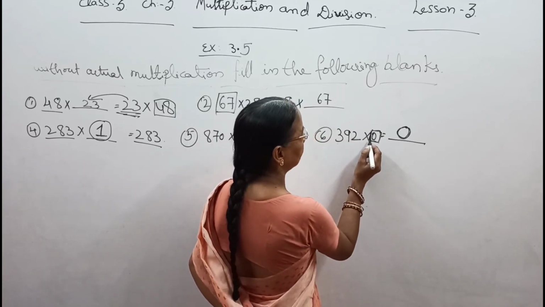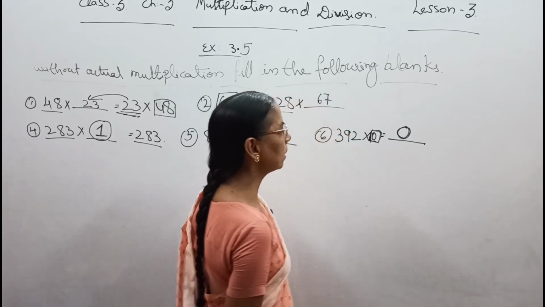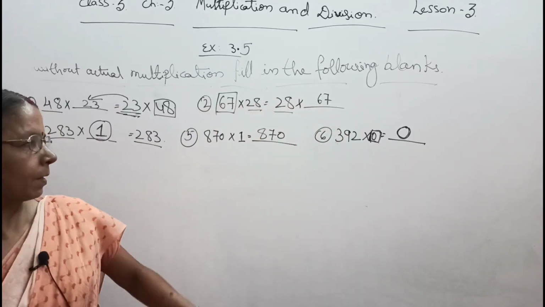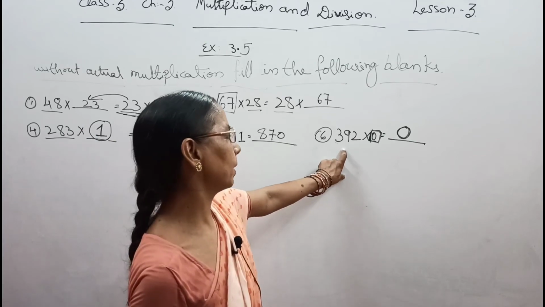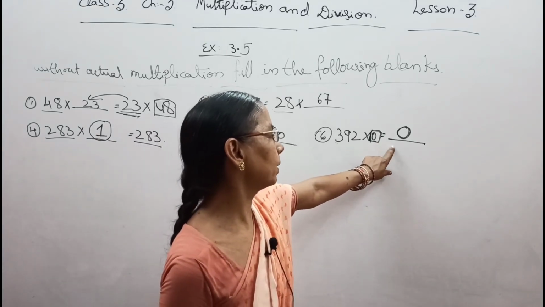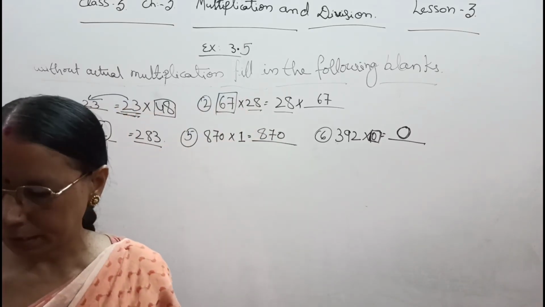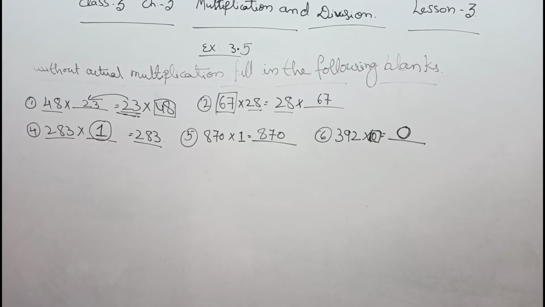But if we multiply the number with 0, then the answer will be only 0. यहाँ हमें क्या करना है कि जो कोई भी नंबर हम 0 से मल्टीप्लाई करते हैं, तो वो नंबर सिर्फ 0 ही आएगा, उसमें कोई भी नंबर लिखा नहीं जाएगा।